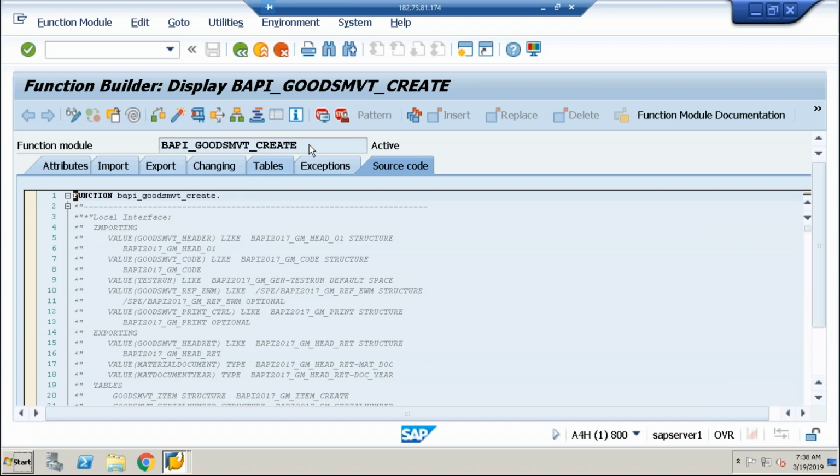Just for your information, I repeat, all MB related transactions have been replaced with MIGO. Or if you want to use any kind of BAPI for automatic goods movement in the system, you can use the function module BAPI_GOODSMVT_CREATE to create all the goods movements automatically in the system. In order to schedule it, in order to write a program to make it automatic in the system,